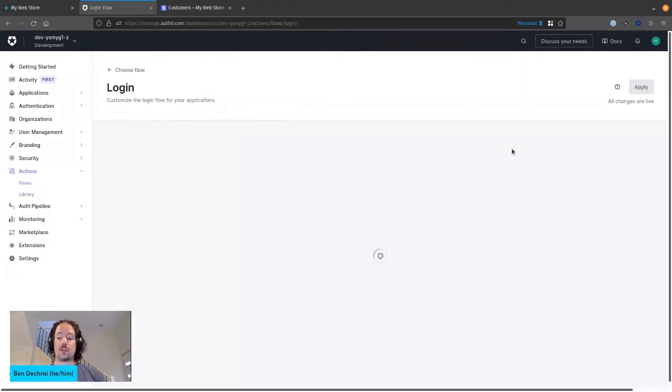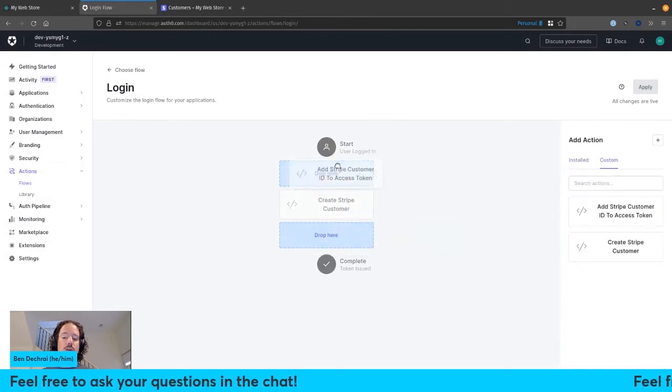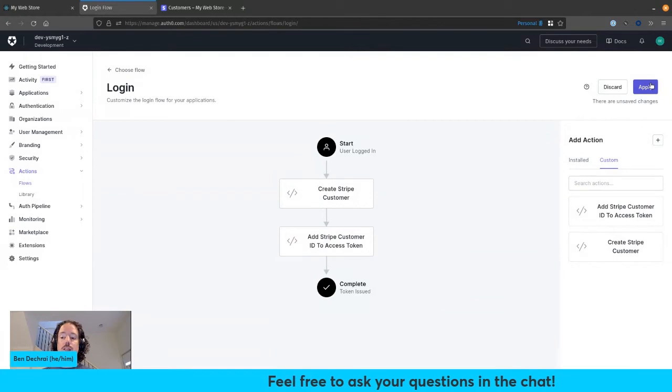we can then jump over into flows once it's saved, and we'll add that in as a second action to be run during the login process. And here you'll be able to see that we can choose to do it before or after. Now, obviously, we want to do it after, because we want to make sure the Stripe customer ID is created first, and then we add the Stripe customer ID to the token. If we hit apply,